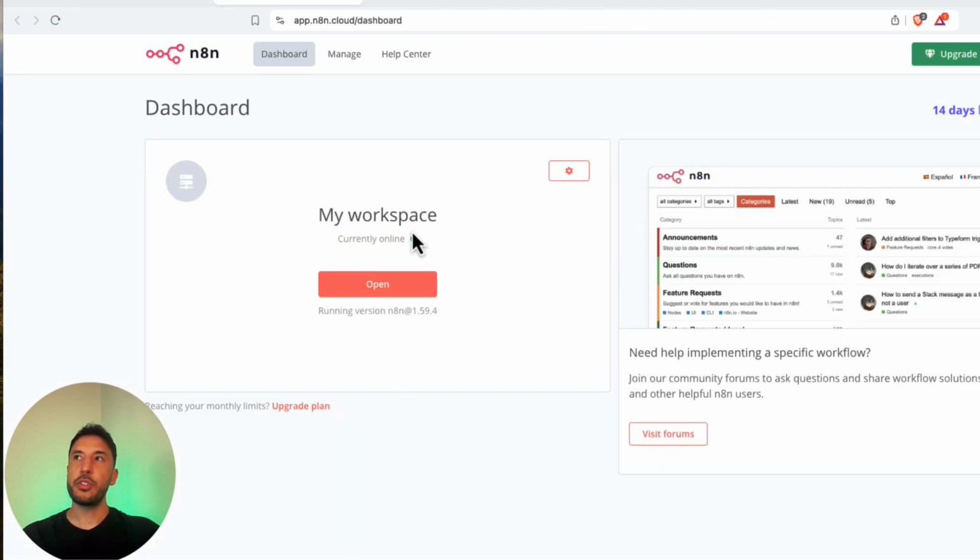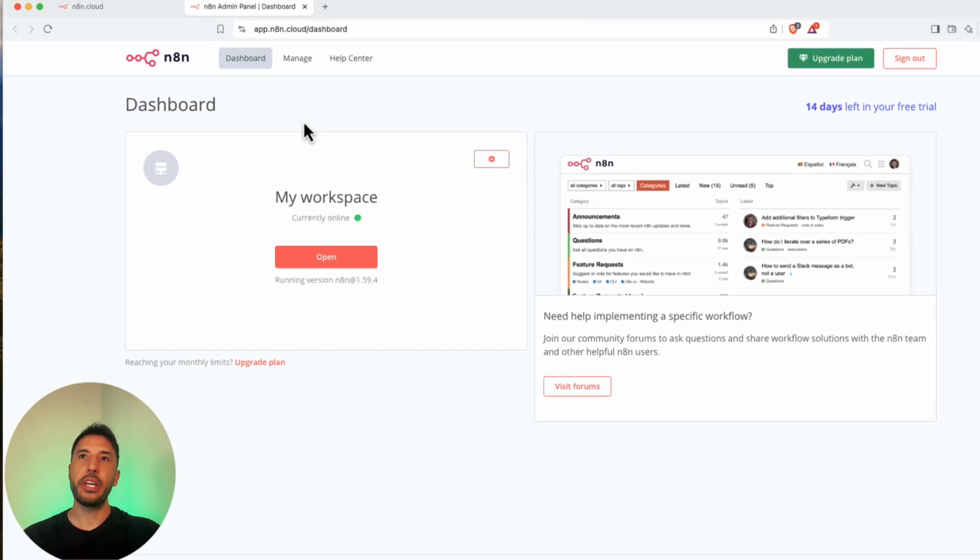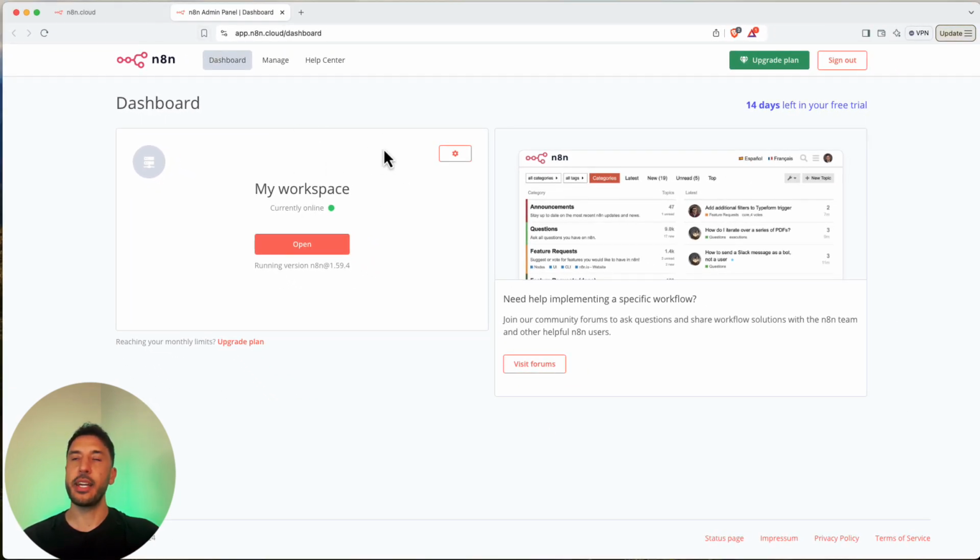Once you log in, it might ask you a question about what you're using n8n for. Go ahead and fill that out, and then it will bring you to your dashboard. This is where you're going to get started after you log in. It might take a couple of seconds to get online, but it will tell you when it's currently online, and then you can click on open. So, just a quick introduction here. We'll take a look at the version in a little bit, but this is going to be the latest version, and I will show you where to update your version, because that's very important: whenever they release new versions, they fix different bugs that might be in the nodes you're going to be using.